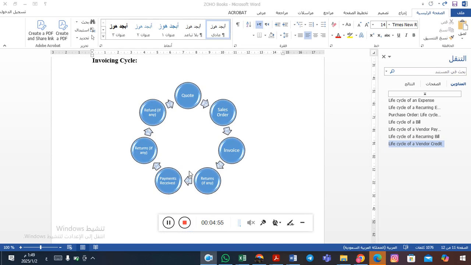As you see in this chart, the first step in the invoicing cycle is to create a quote. What we mean by a quote is that we can consider it as an offer to your customer containing specific items, quantities, and prices. So we make a special offer for our customer